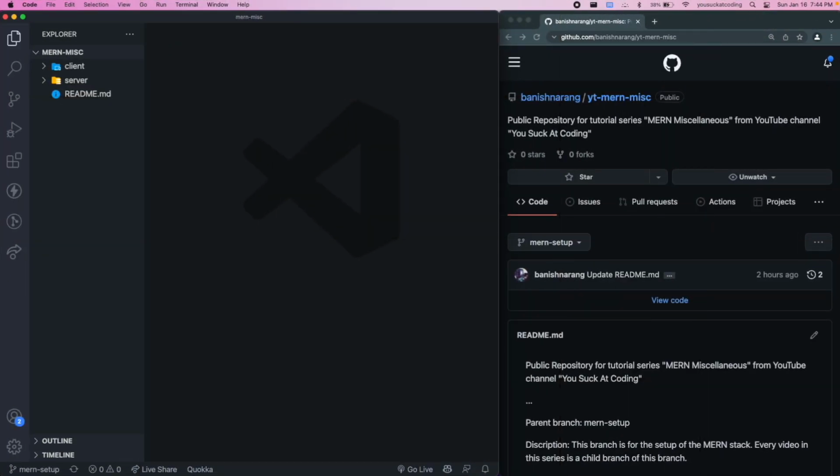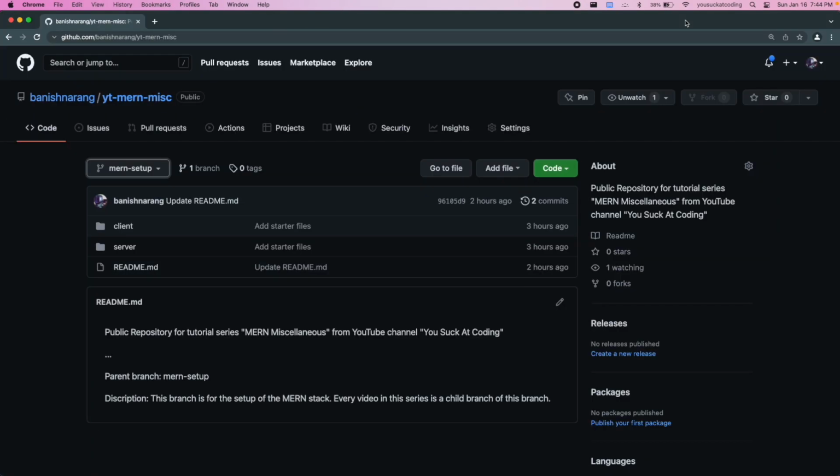Alright, so before we get started, I want to talk about the GitHub repository for this project or tutorial series. So let me open that up, make this full screen. So I have this public repository, YT MERN Miscellaneous, and what this does is that it has the starter code for setting up a MERN Stack project. You'll see that the default branch on this is called MERN Setup, which is the starting point of this video. It has a README file that says that it's the repository for this tutorial series on channel You Suck at Coding,